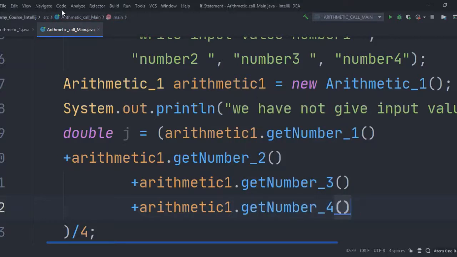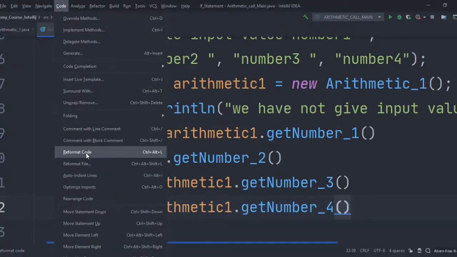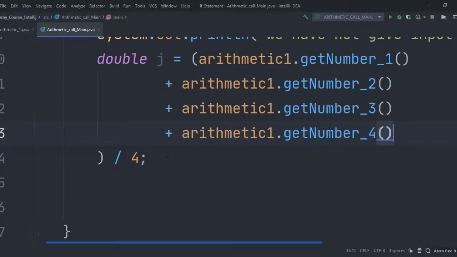Great. Here it's good to reformat the code. Can you see it makes it more readable? Now